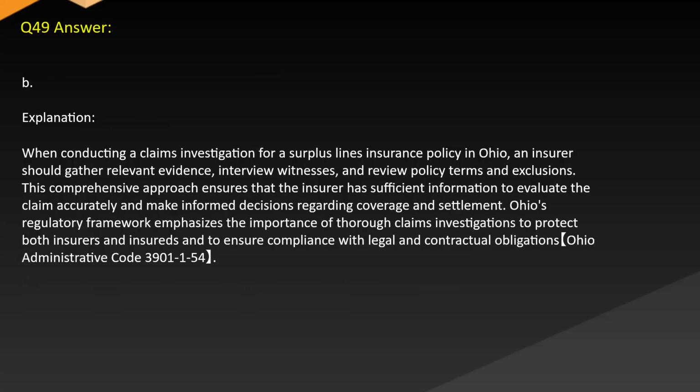Answer: B. Explanation. When conducting a claims investigation for a surplus lines insurance policy in Ohio, an insurer should gather relevant evidence, interview witnesses, and review policy terms and exclusions. This comprehensive approach ensures that the insurer has sufficient information to evaluate the claim accurately and make informed decisions regarding coverage and settlement. Ohio's regulatory framework emphasizes the importance of thorough claims investigations to protect both insurers and insureds and to ensure compliance with legal and contractual obligations. Ohio Administrative Code